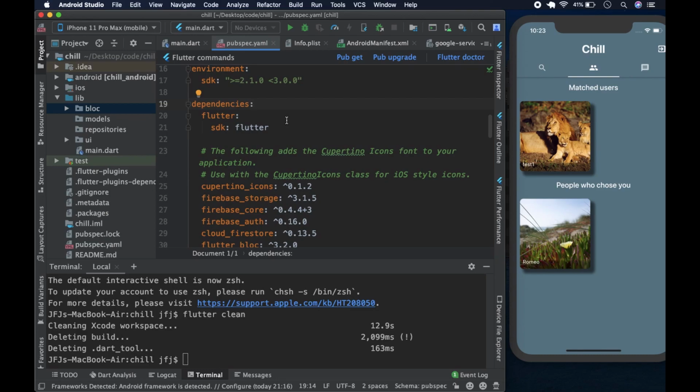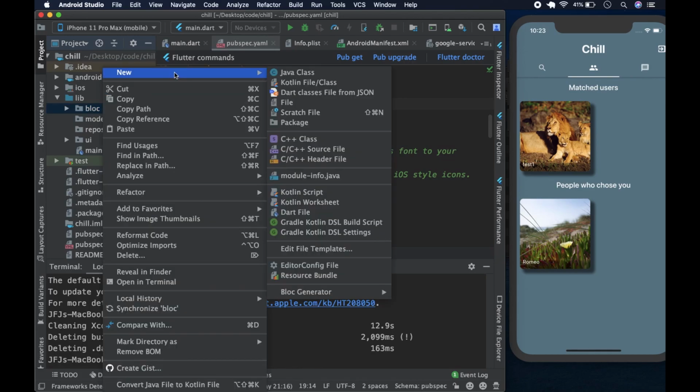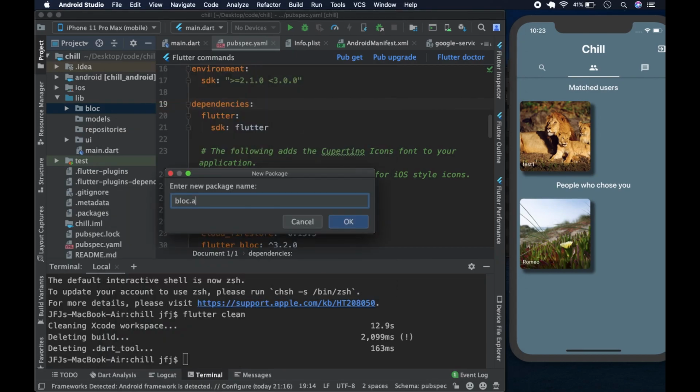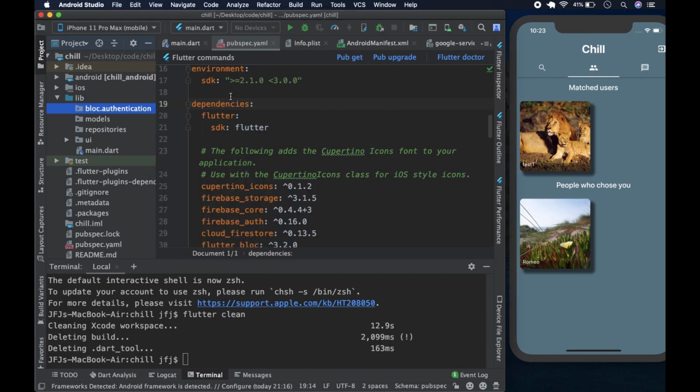We're going to create a block for authentication, right? And how we would do that is, first we would come here to BLoC, and we would create a new package. Let's call it block.authentication, like this. Block.authentication, like so. And then we're going to use the magic of